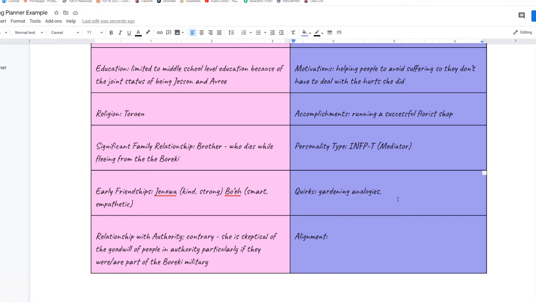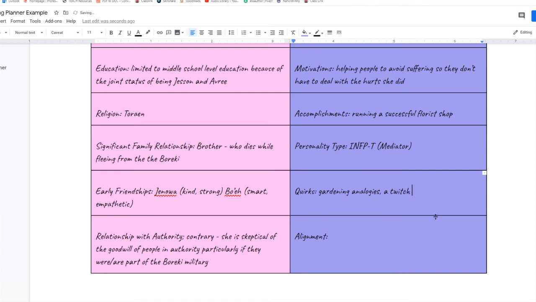So remember, quirks are just kind of like those random things that your character does that makes them stand out and be different from other people. It doesn't have to be weird, it doesn't have to be bad, it's just something that makes them stand out a bit more. Another one that I'm going to give her, which is a little bit more odd, is that she has a twitch on her left side in her face and hand